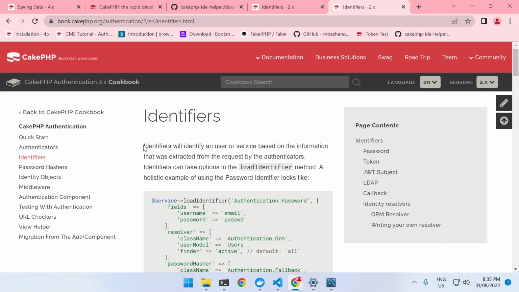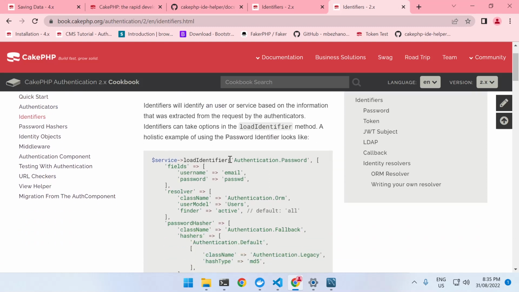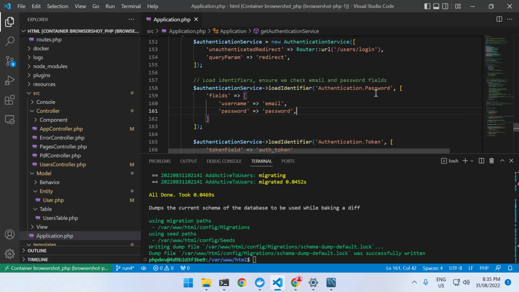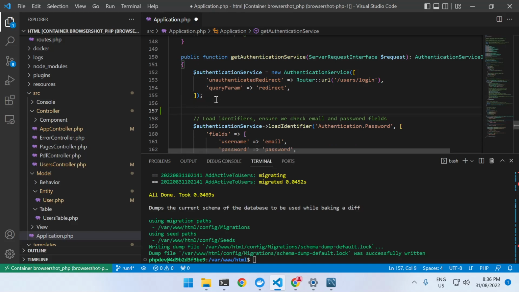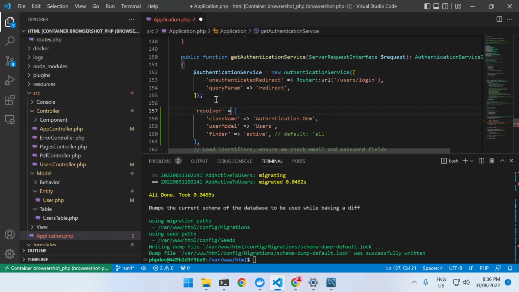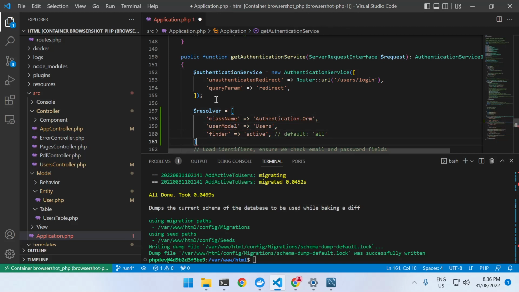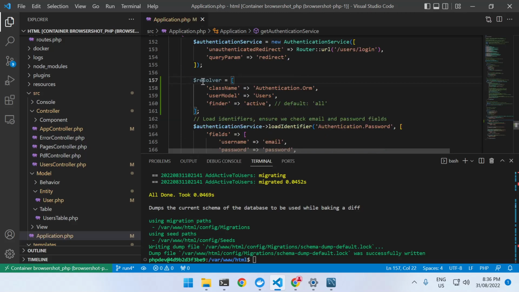So how are we identifying who can sign in? And notice here that underneath loading the identifier, the password identifier, it has an array here of resolver defaults, or actually its default is all, but a resolver with a finder method called active. So let's copy all this and put it into our configuration underneath authentication password. And we won't actually do that. It's a good idea, if you're going to use something multiple times, obviously, to declare it once. So we're going to put resolver as this here,